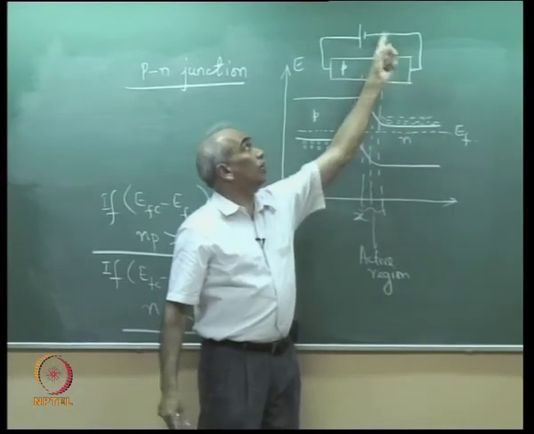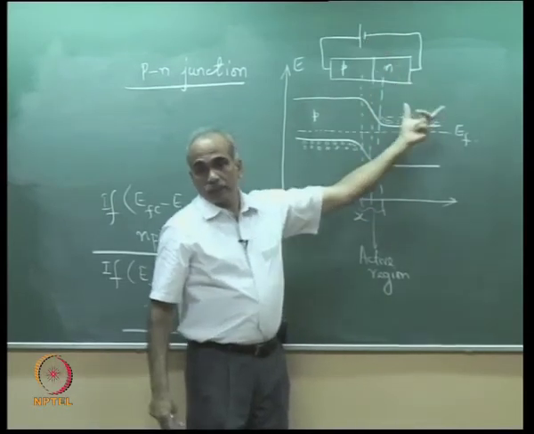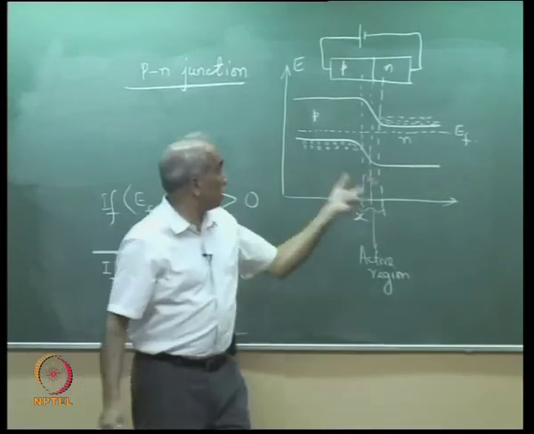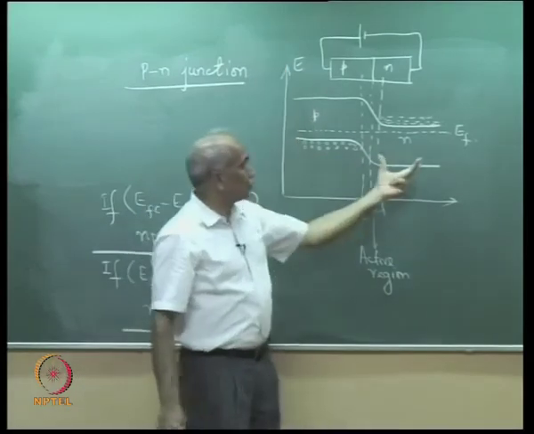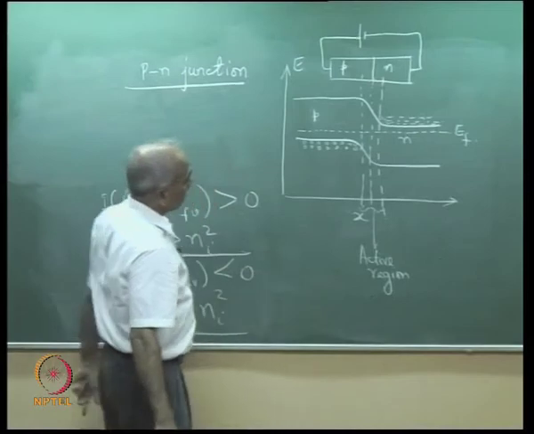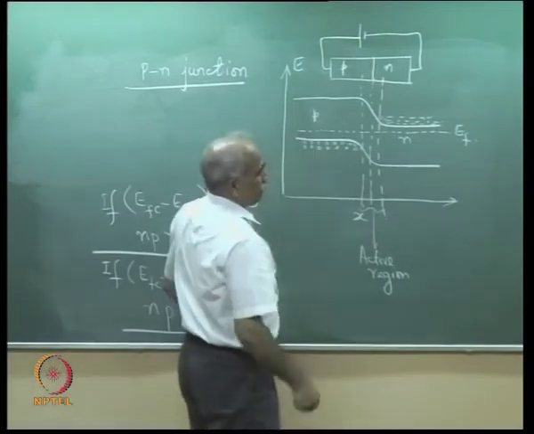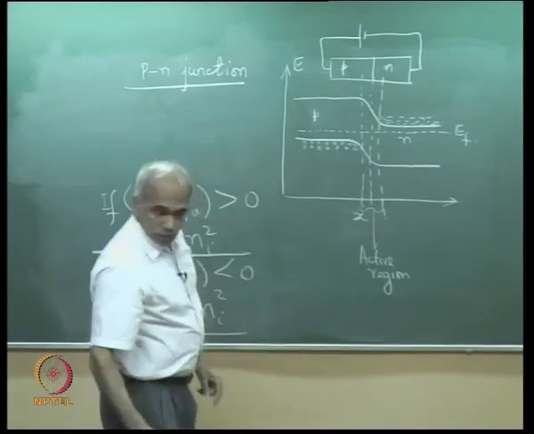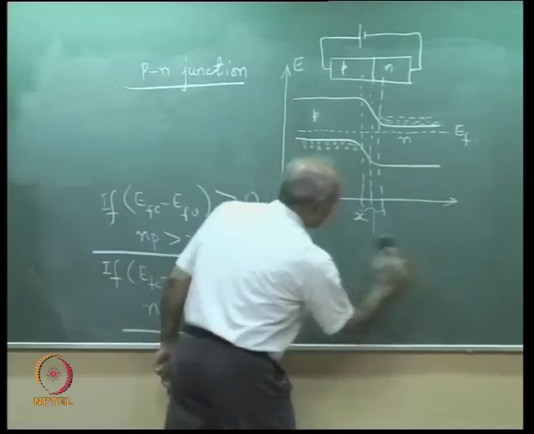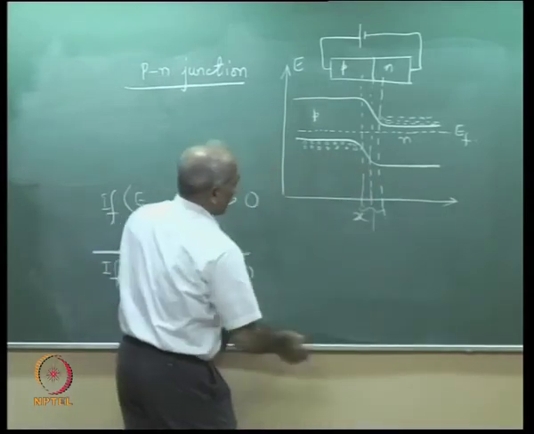It is connected to the negative terminal. So electrons now have a higher potential energy, and this is the energy axis. So this end starts moving up relative to this end. So we have a forward biased PN junction, and the band diagram